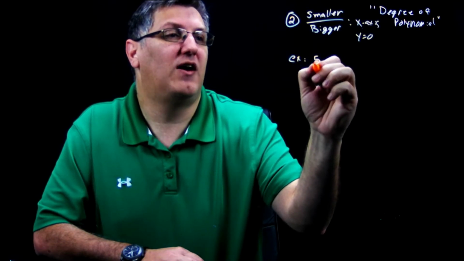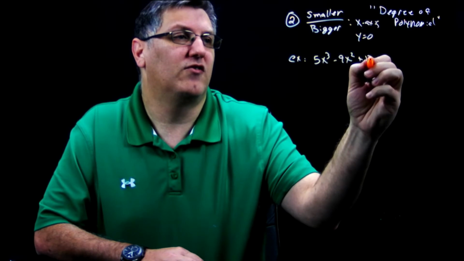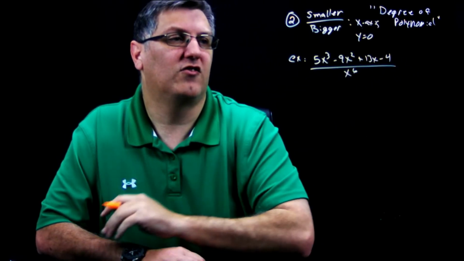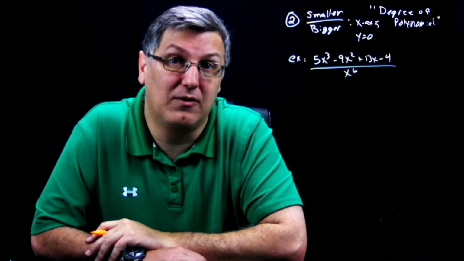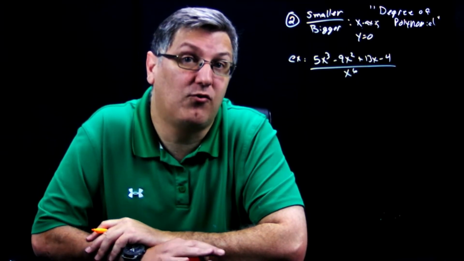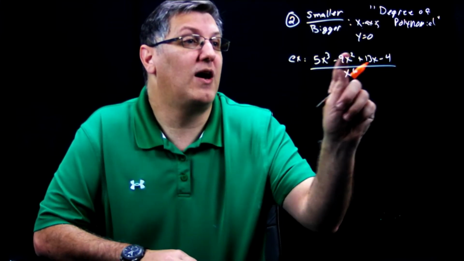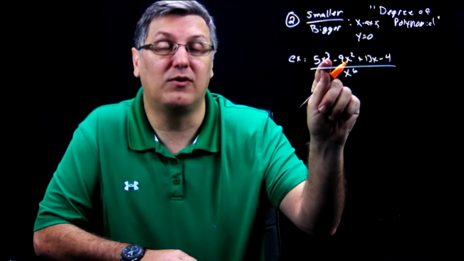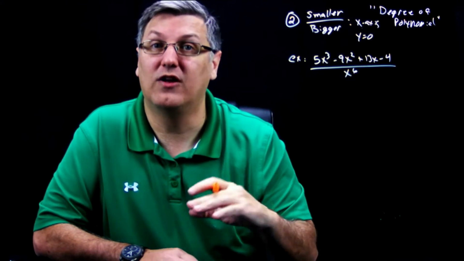Say we have 5x minus 9x squared plus 13 all over x to the 6. The number of terms doesn't matter when it comes to the degree of the polynomial. What matters as far as the degree of the polynomial is the highest exponent. So on the top, my largest exponent is a 3, so my polynomial is a degree 3. On the bottom, this is x to the 6th power, so that's a 6th degree